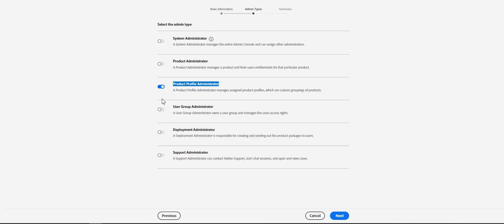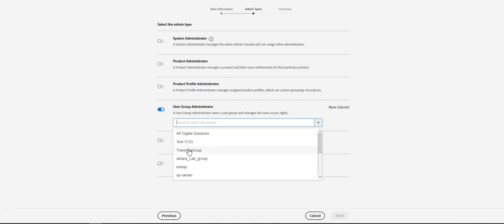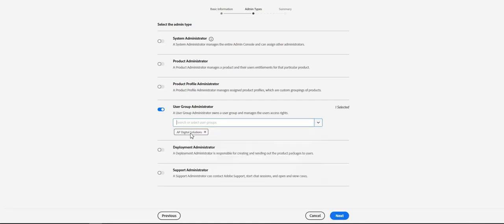The same thing you can say for the user group administrator as well. You can create multiple user groups and you can add multiple users in a user group. Accordingly, if you want an admin to take care of only the user groups, not anything else on the console, you can add him as a user group administrator, and in the drop down it will give you an option to choose which user group you want to give him rights to. For example, if I add him to this group, he should be able to add or remove users from that particular group, and he can also add or remove user group admins, like he can add some more admins to that user group if he wants. So he is only responsible for that particular user group.